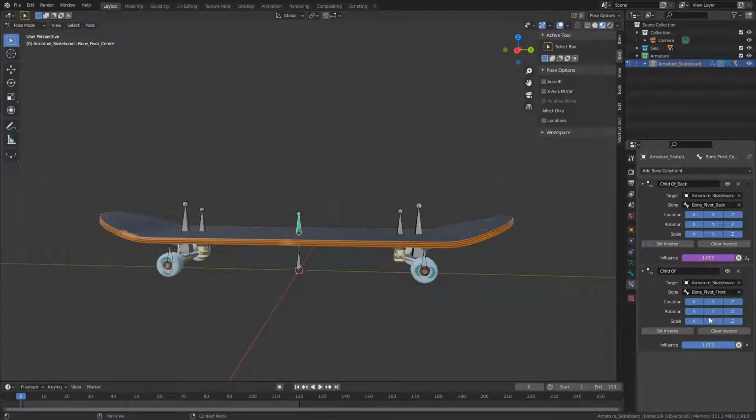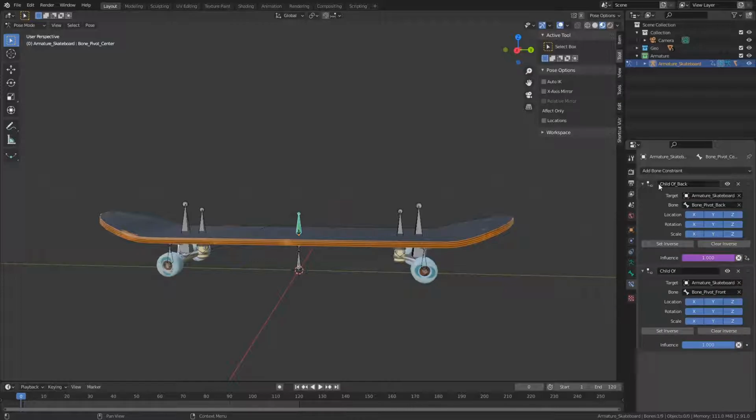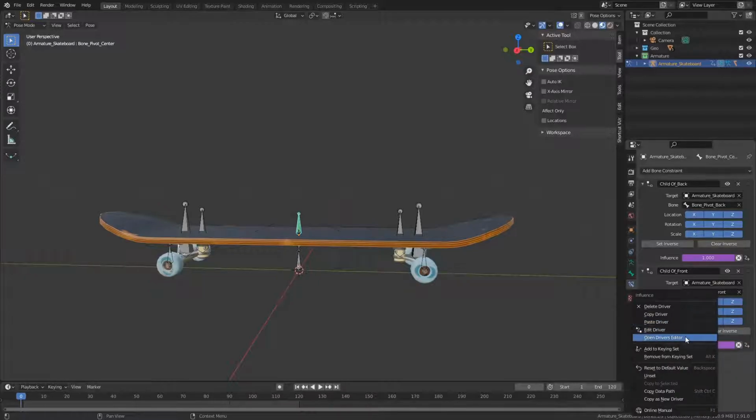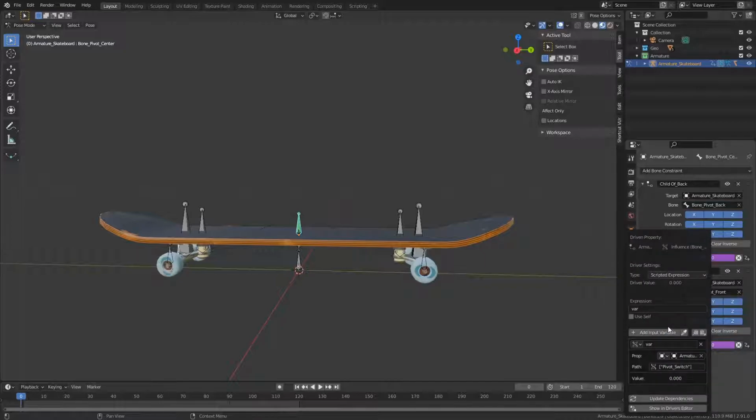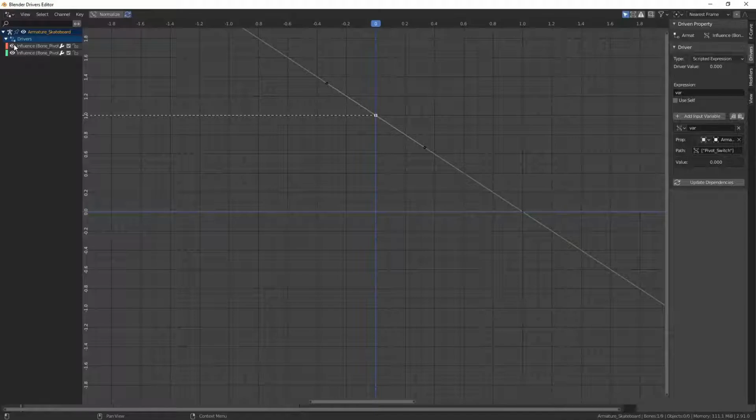Right now they are both on 1, which is not something we want. So let's just copy the driver from child of back to child of front. Paste driver and name that to front. Now we go into edit the driver. Show in driver editor. Hide the front one,